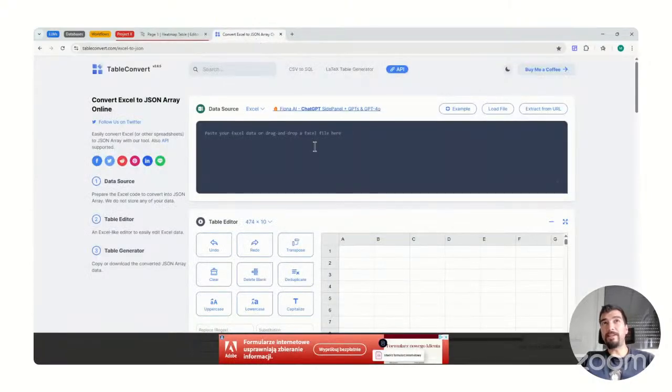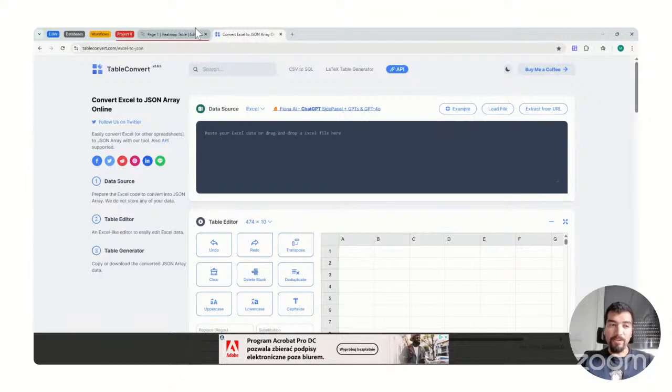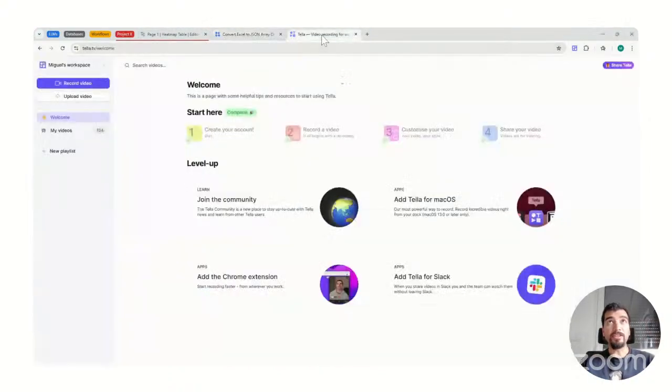So I really like this because I can get an Excel sheet, put it into a JSON, and then put the JSON as a data source for a table and start playing around with it and see how it looks, how I want to structure it, create a demo really quickly for a client, and so on. And I just thought of another tool that I use a lot, which is TeleTV.